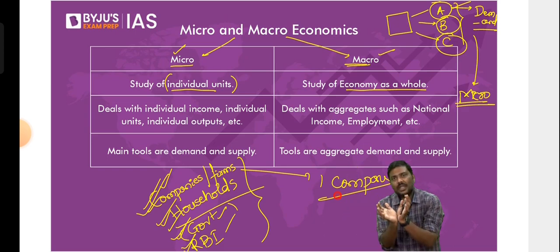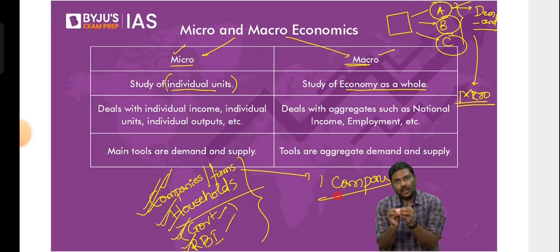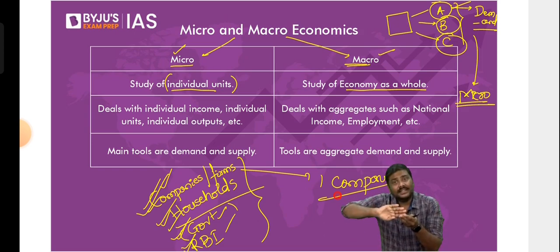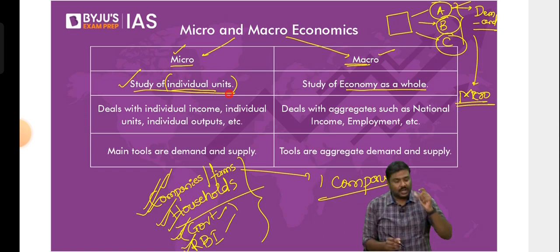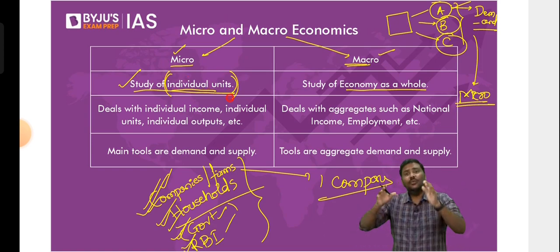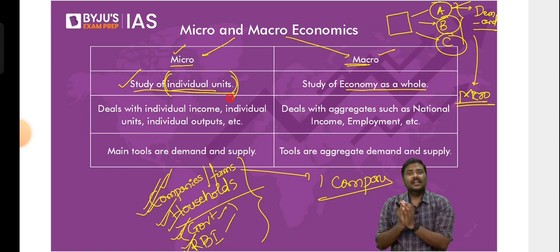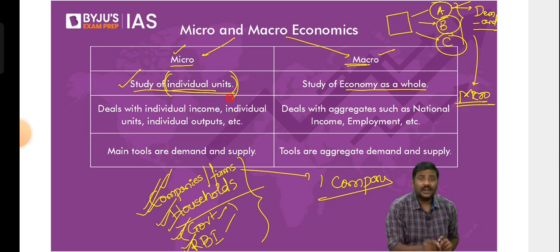So if I focus on this and start studying, am I covering the whole of India, or only one part of India? Answer is simple. I'm covering a part of India. So whenever you start focusing on one part or individual units of the economy and study the individual units, that is called microeconomics. The study of individual units is referred to as microeconomics. Whenever you study companies, whenever you study what households do, what kind of income they generate, what kind of goods they demand, that is called microeconomics.